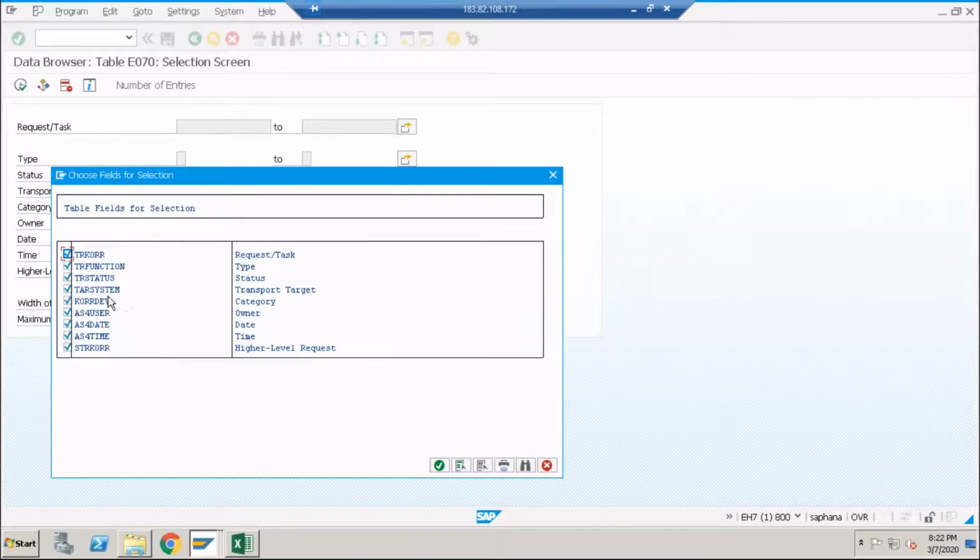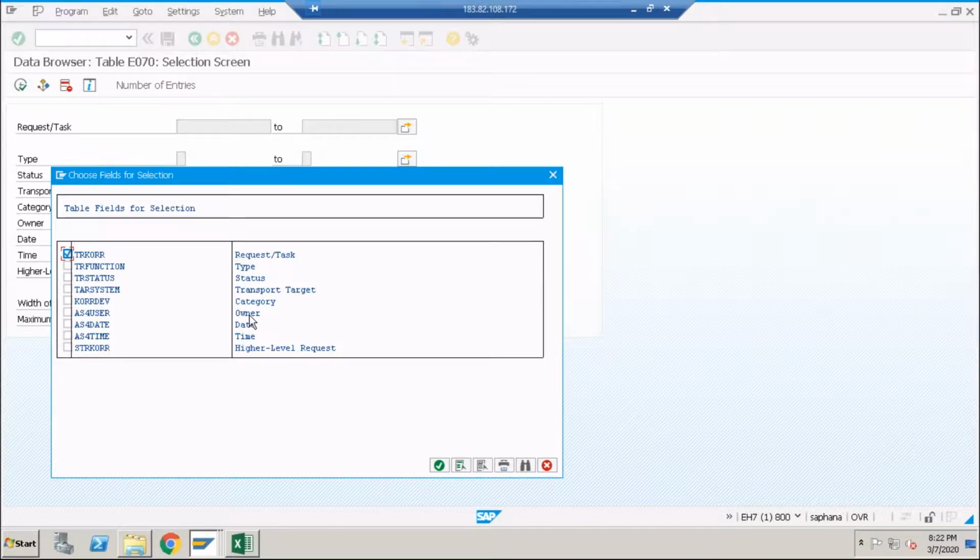What are the fields required? I want only request type. Remove, uncheck. High level I don't want. Transport request, type, and owner are required. Remaining, uncheck it. The checkbox is there, na? Yes, uncheck all. First one, I want request type, owner I want.